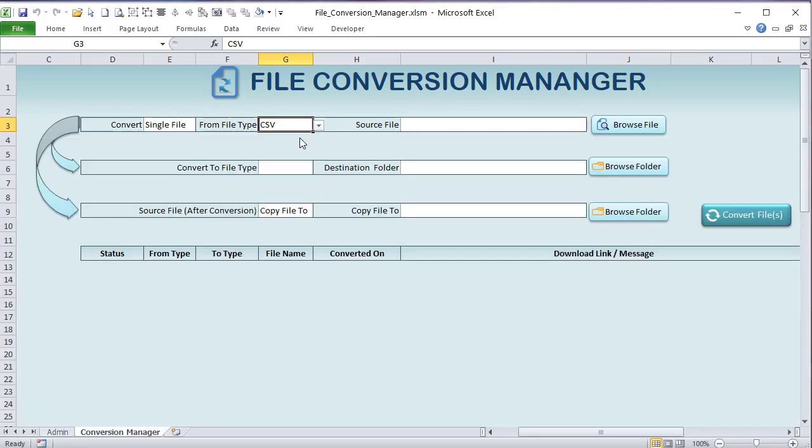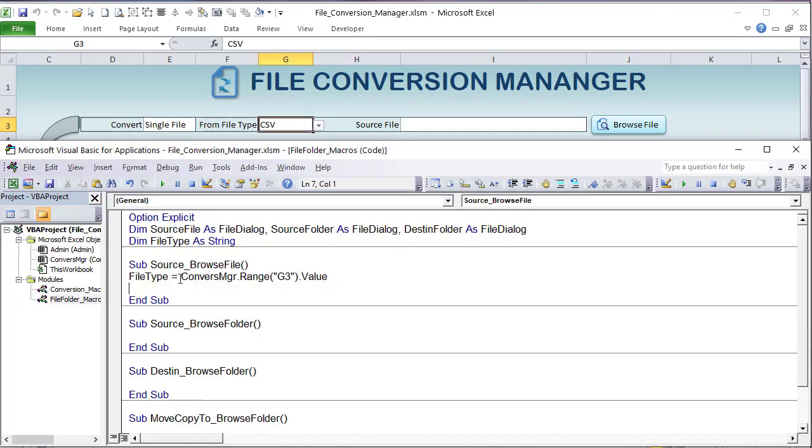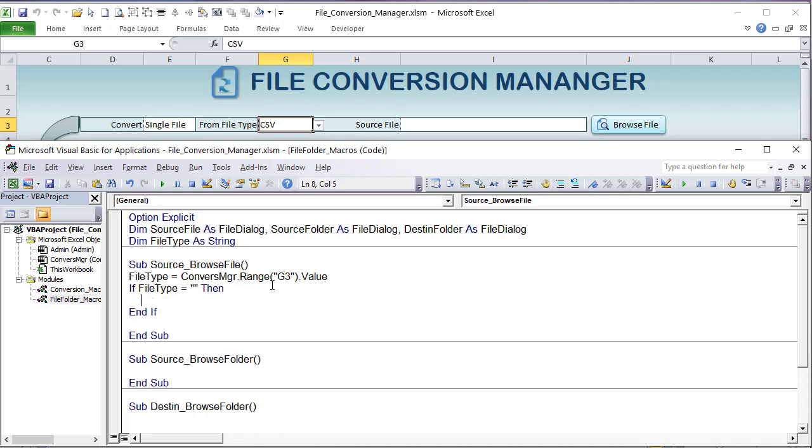Or we're only browsing for CSV. So it's going to be based on this. Okay. So also what we can do is we can add the lowercase to this if we want to as well. Okay, so also if the file type doesn't equal empty, I want to make sure that they put in a file type. So if file type equals empty, then let the user know. Message box,